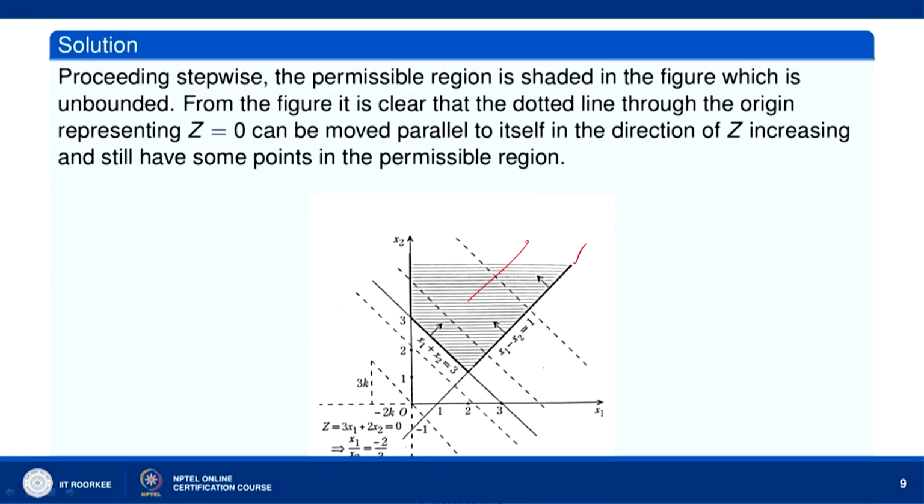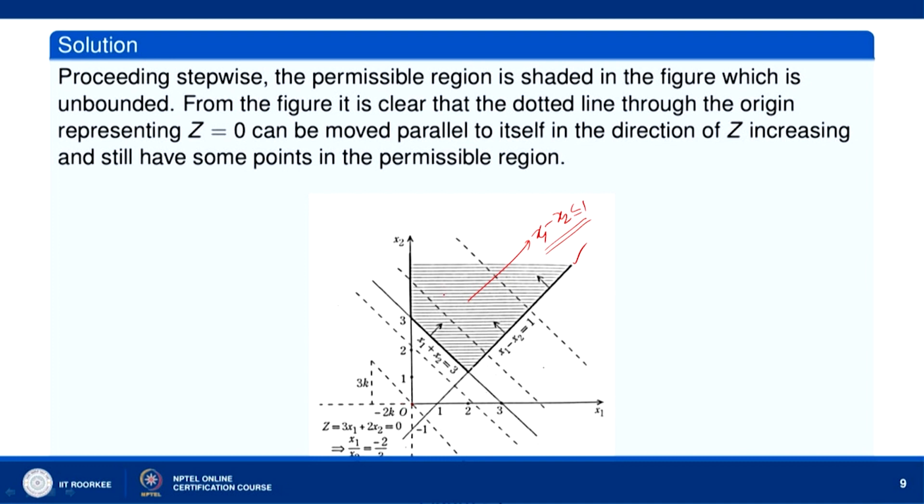So, for this part x 1 minus x 2 is less than or equal to 1, above this line. All the part above x 1 minus x 2 equal to 1 satisfies the inequality x 1 minus x 2 less than or equal to 1, because for the 0, 0 point, x 1 is 0, x 2 is 0 and 0 is less than or equal to 1. So, 0, 0 lies above this line. This entire portion satisfies x 1 minus x 2 less than or equal to 1, and we have x 1 plus x 2 greater than or equal to 3. So, x 1 plus x 2 greater than or equal to 3 is this region, because for 0, 0, x 1 plus x 2 is less than 3, so 0, 0 lies here.